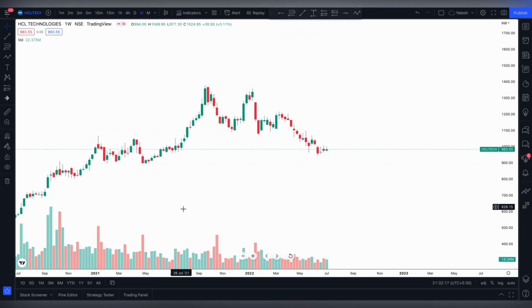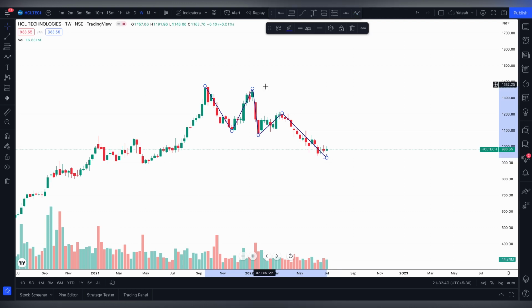Okay. Now traders, this is a chart of HCL Technologies on the weekly time frame. Now let us see in this chart how to do multi-time frame analysis if we are doing swing trading, where we are holding the position for more than 1 day. Okay. Now on the weekly time frame, what I can observe here is the stock is making a high, low, lower high, lower low. So it is a clear downtrend. So we have identified the trend of the stock.